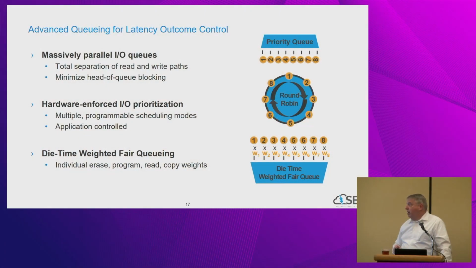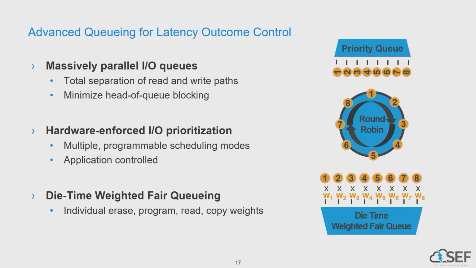The advanced queuing capabilities: there are 3 queuing engines built into the specification and in the hardware. There's a priority queue that basically says, work everything on a priority. There's a fairly simple round robin, handing out all the queues across the channels in order. And the real power comes from the die time weighted fair queuing. This allows you to set a policy that says how much read ratio I want versus how much write ratio I want, how much priority you want to give to erase